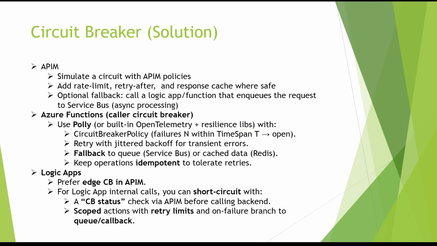So we can have a circuit breaker like this. In APIM, a circuit breaker stops the storm at the edge, and in the caller function we count failures. Once a threshold is hit, we open the breaker. Either fail fast with a clean message, or degrade gracefully and queue the request or serve cached data. After a cooldown, we probe the backend. If it's healthy, we close the breaker and resume. This protects the vendor API, preserves our capacity, and keeps the business running with controlled